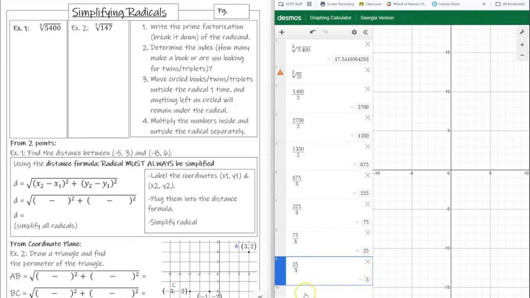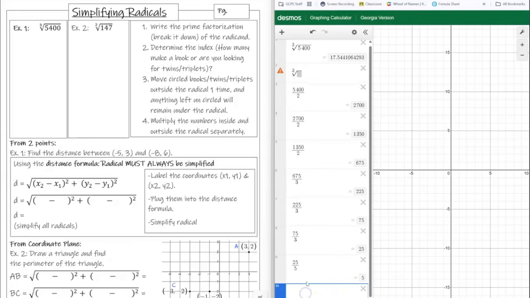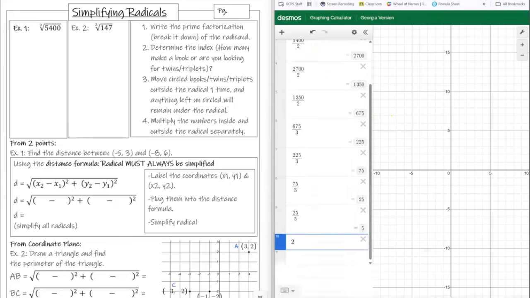Now this is where we were getting the question wrong. The last time that we were doing this, what I want us to do is you're going to put all the factors, including this last remaining piece, as multiplied by each other. Because if you multiply all of it by each other, it should get 5400, because that's what that means by breaking it down. So I have 3